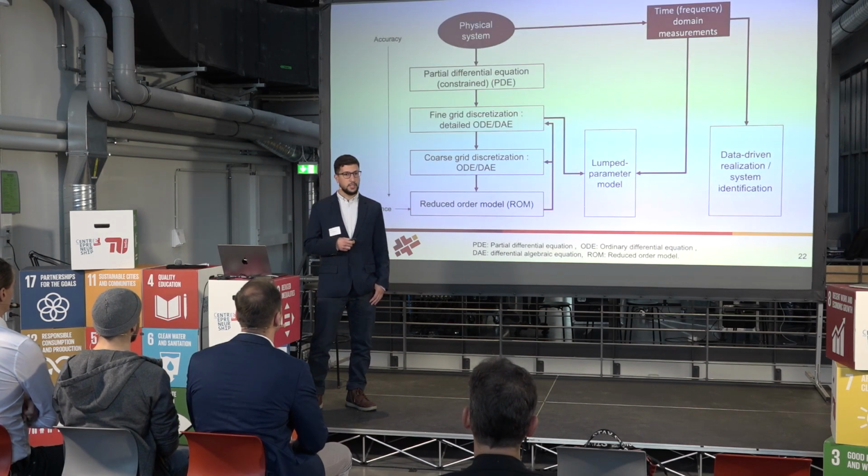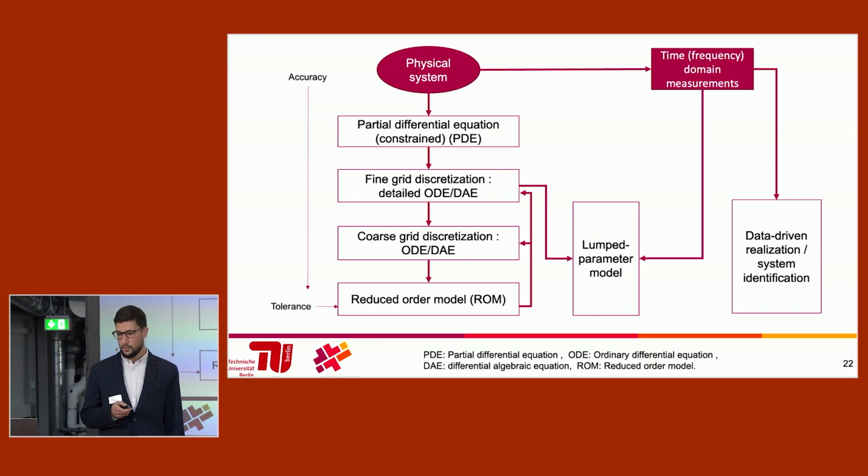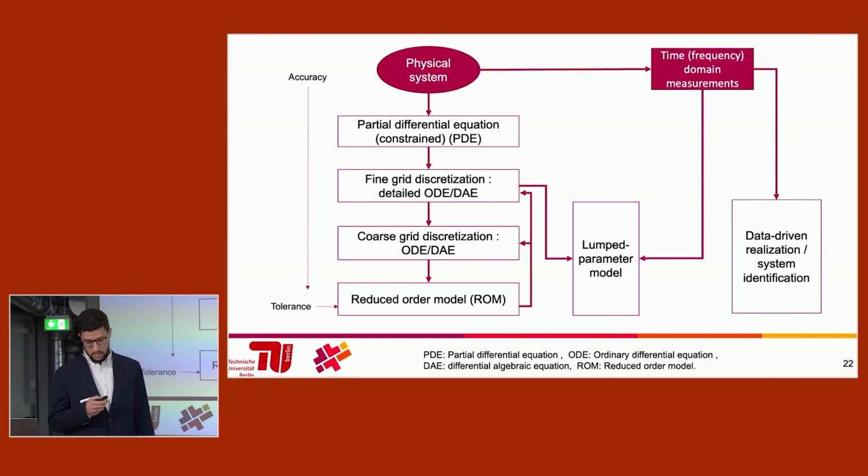And from that, we get this hierarchy of models. So we start with the most accurate model, which is the partial differential equation in most cases. It's very complicated to solve, so it requires a lot of time, but it's the most accurate that we have. We can get results by doing a discretization. This can be